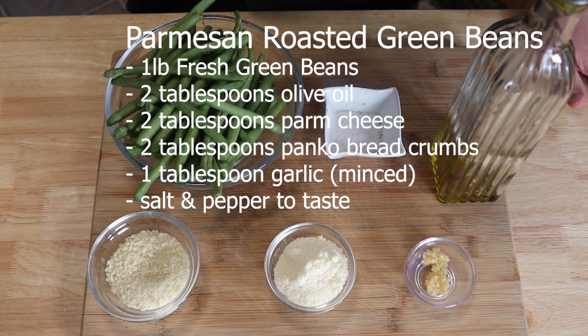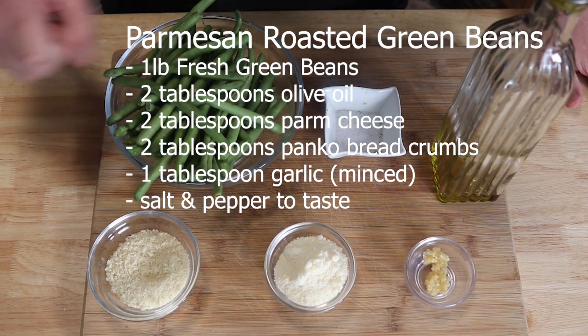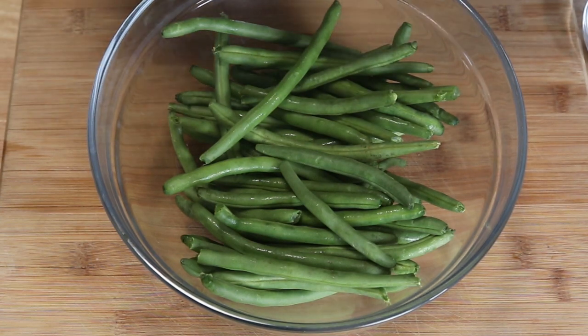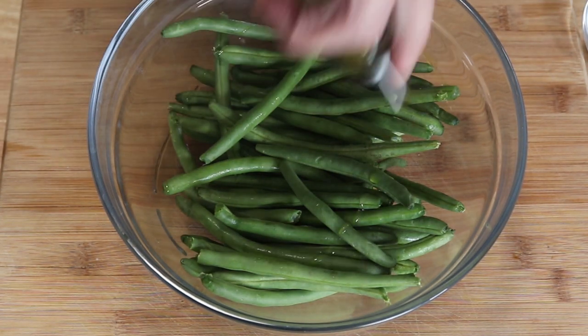For this recipe we are going to need 1 pound of fresh green beans trimmed, 2 tablespoons of olive oil, 2 tablespoons of grated Parmesan cheese, 2 tablespoons of panko breadcrumb, some salt and pepper, and a tablespoon of minced garlic. First we're going to take our green beans, we're going to hit them with a little bit of olive